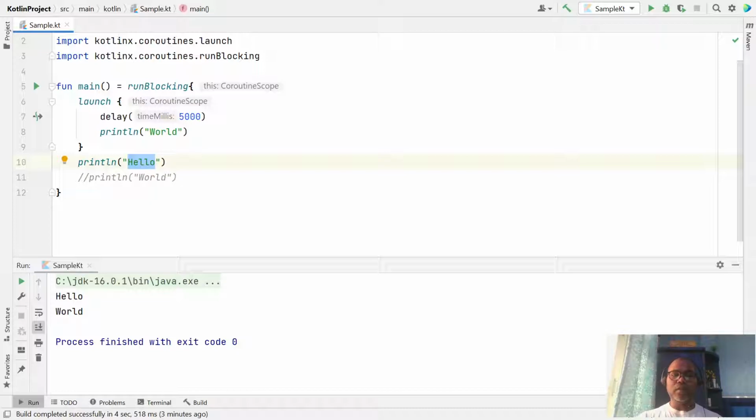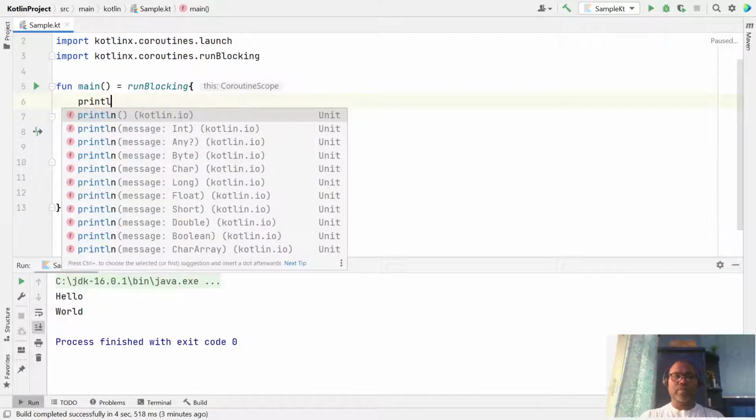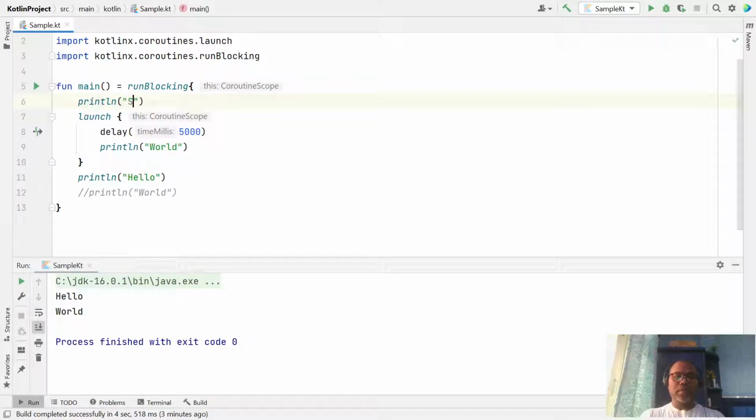Whenever this code is done, this is a suspendable function. The current execution of this code is suspended, and now your code jumps to here. Let's just write println started, and now let's write done.